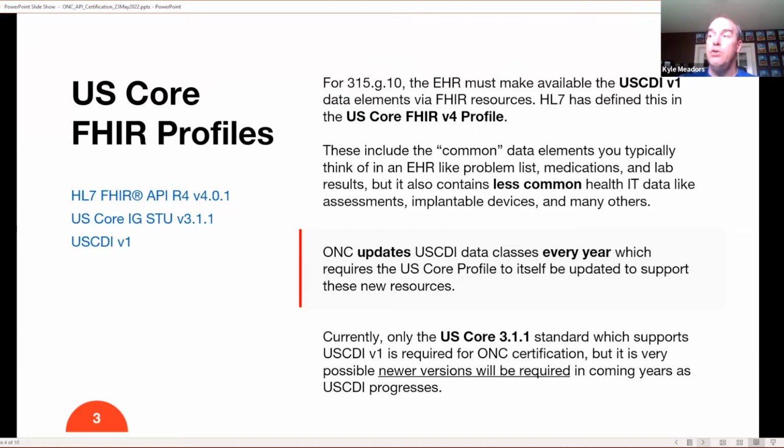So then they'll have a new core profile, which is actually going to be core version 4, I believe, or maybe version 5, but a new version of core that will support USCDI version 2, and so on. And you can eventually implement those, but you don't have to. For this year, as we'll talk about in the timeline, the only thing you have to do is US Core 3.1.1 USCDI version 1 elements. But it certainly can be possible that in future years, ONC is going to have to raise